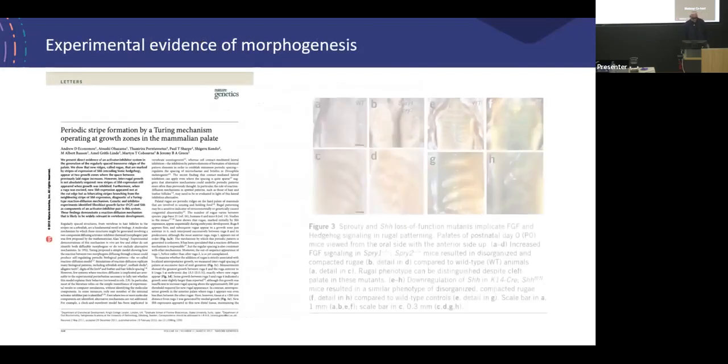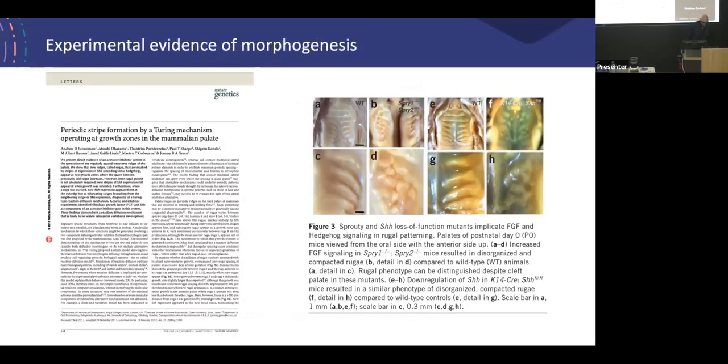He suggested that chemical substances called morphogens could react together, diffuse through the tissues and create those kinds of patterns. That was a tantalizing idea, and it didn't really get experimental confirmation until 2012, when this paper was published. Researchers found that interaction between two morphogens, the fibroblast growth factor and the sonic hedgehog protein, alternately triggered and hindered cellular activity, leading to the development of these ridged patterns that you see on the palates of developing